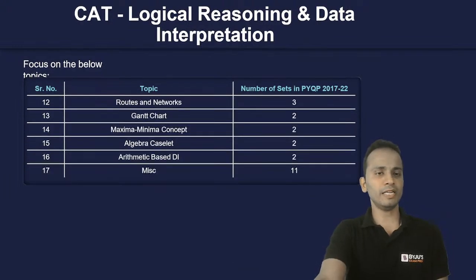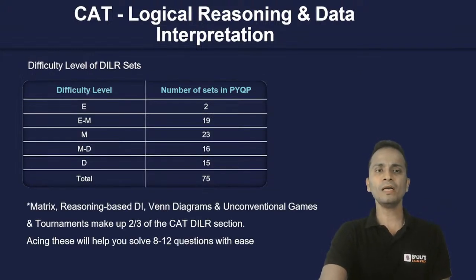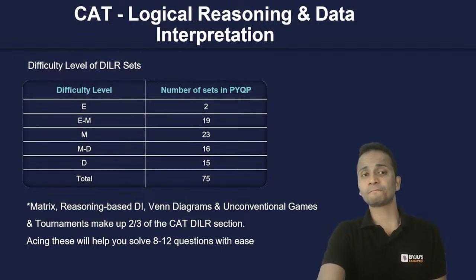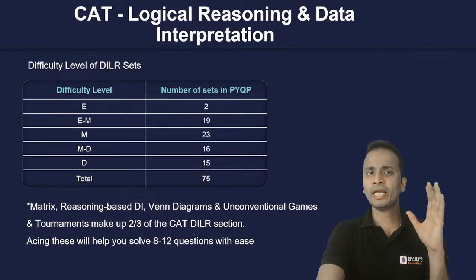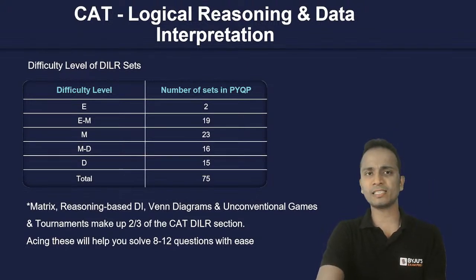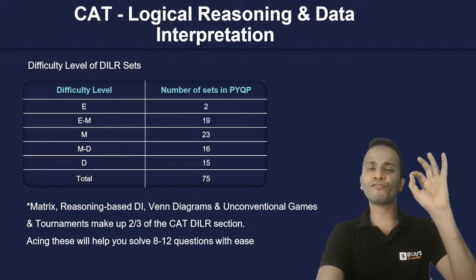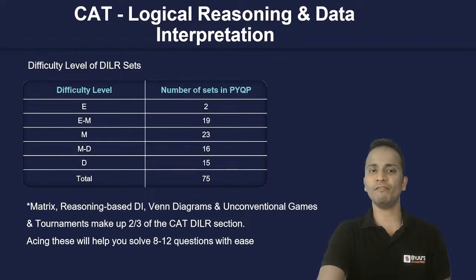These are some other areas. So later on, you can spend some time on reading these topics. Now, if I look at the level of difficulty, most of the questions in the last few years of CAT examination on logical reasoning and data interpretation were somewhere from easy to moderate level of difficulty.